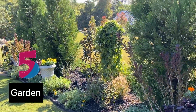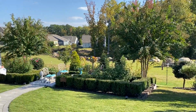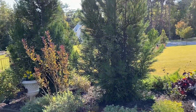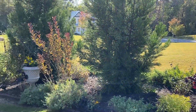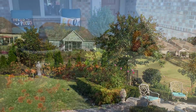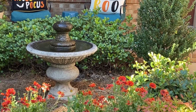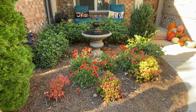So this is garden number 5, and of course this is my house. You've all seen this on video. And these are the lovely garden ladies that are in my group. So this is the cottage garden. And the rose garden. And that's my hydrangea garden. Could we put them in the backyard? They do last. What is this flower? That is a blanket flower. It's a perennial. Yeah. So I have not done anything to this front bed other than the fountain because, well,